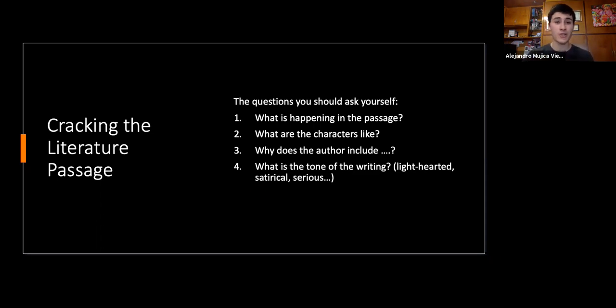What are the characters like? So who are the characters? How do they interact with each other? That kind of thing. Why does the author include this or that? So what function do they perform? What is the tone of the writing? Is it lighthearted? Is it satirical? Is it serious? So yeah, all these things you can keep in mind in general to help you in the